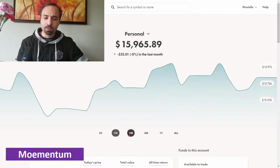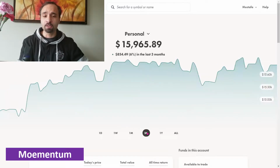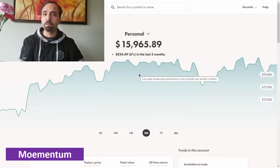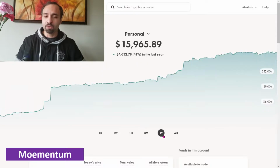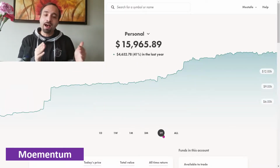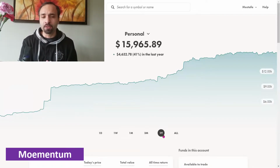Our 1 month return, if I click on it, you'd see is showing a fairly stagnant status, down by only $32. Our 3 month return, though, is better. In fact, it's showing a positive 6% return over the past 3 months, or about $855. Our 1 year return that we would like to also show you, because it's a good indication of how far this portfolio has come, is showing a positive 41%, or about